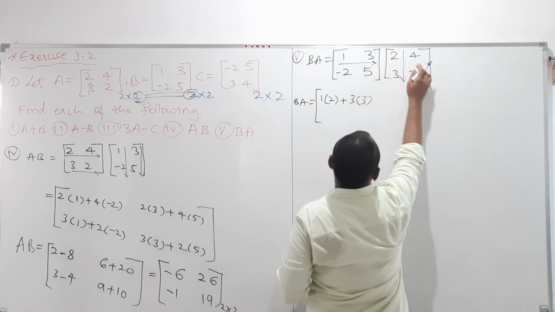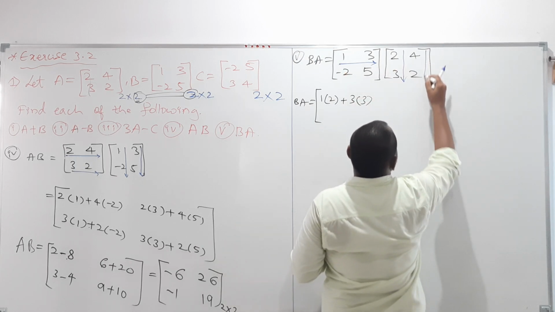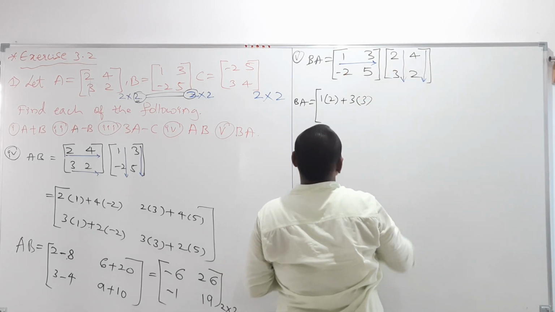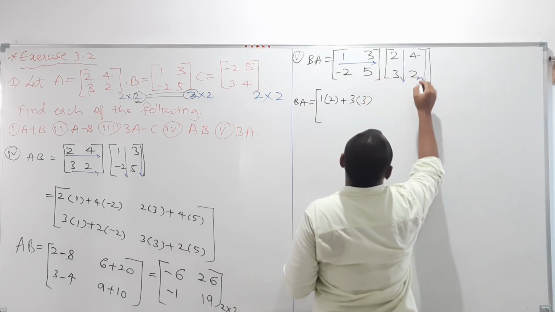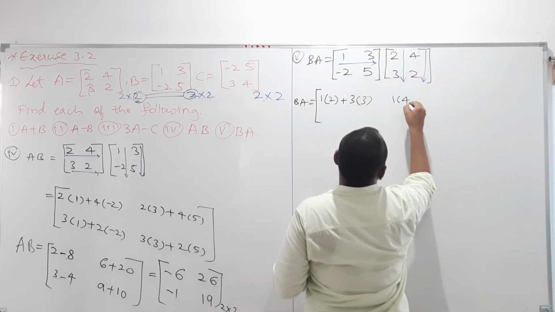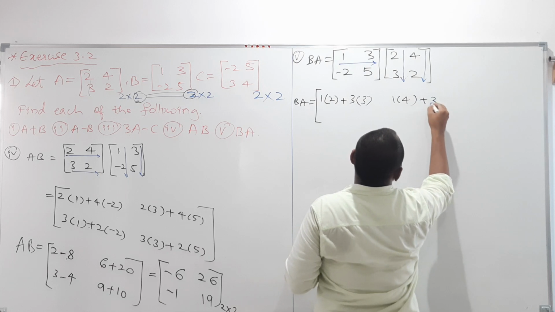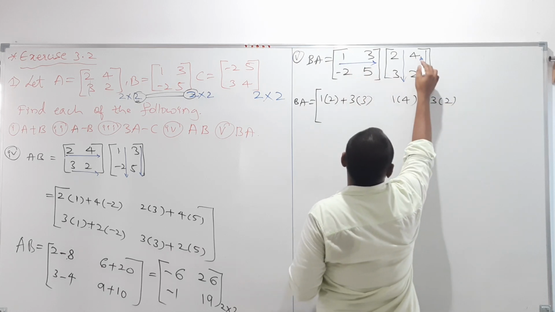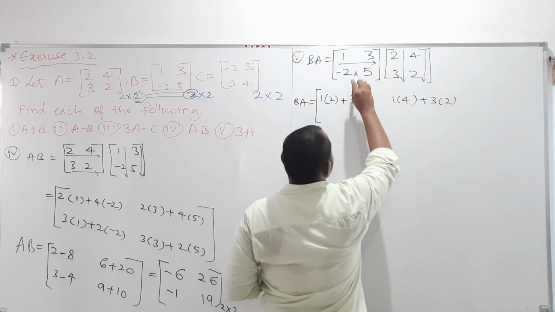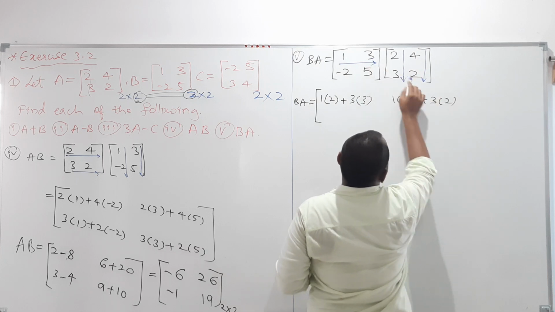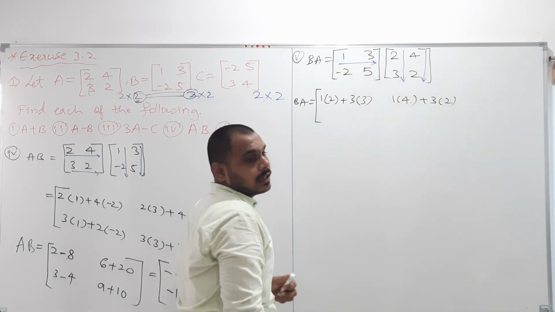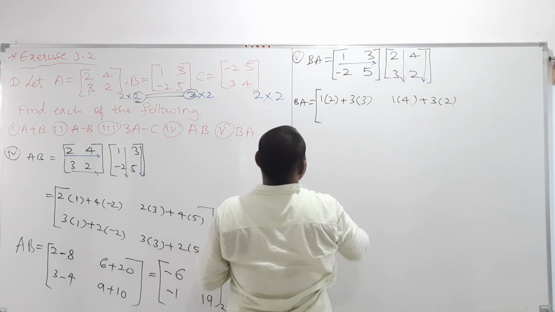Next, first row second column, 1 into 4 plus 3 into 2. Clear? And next, my dear students, second row